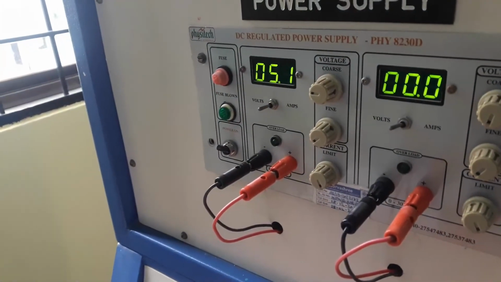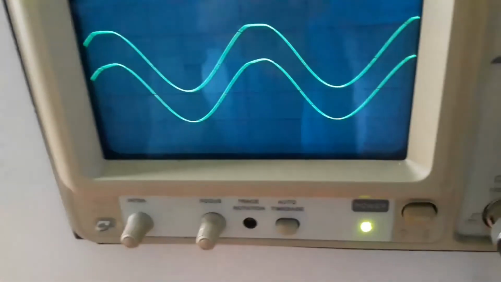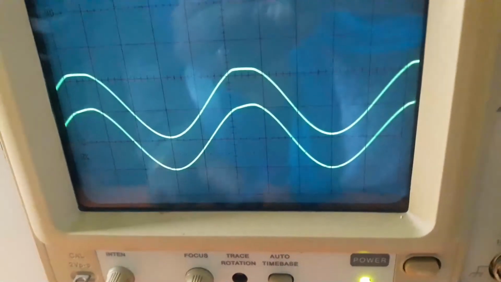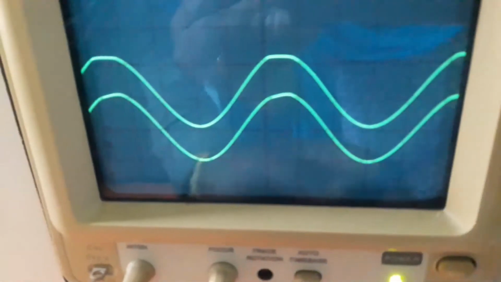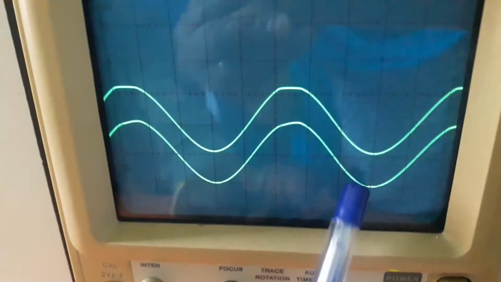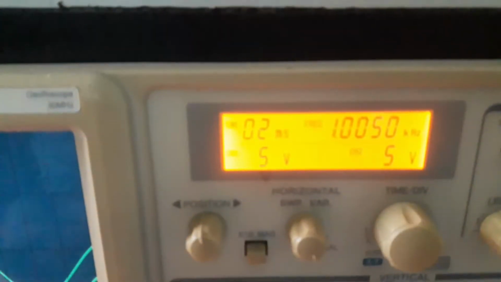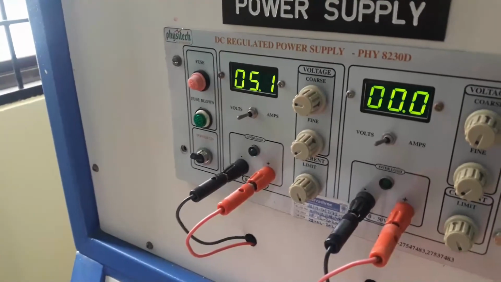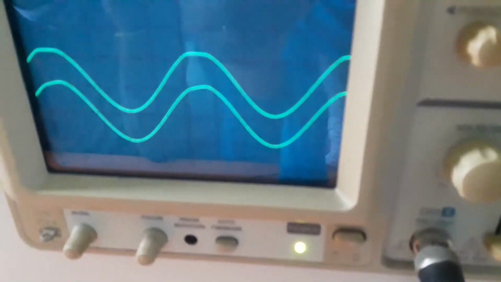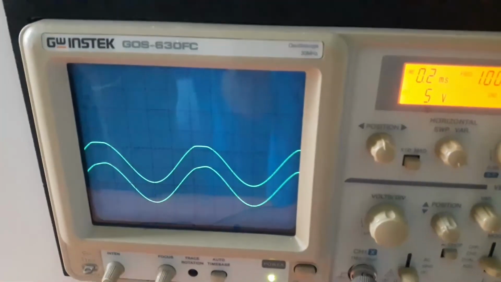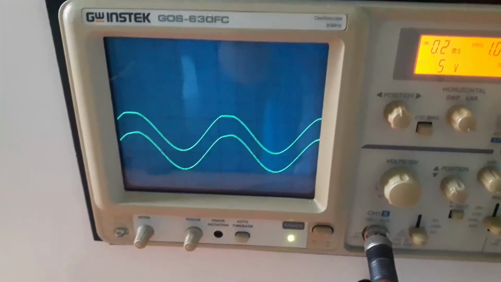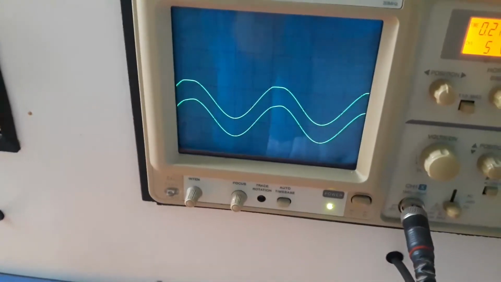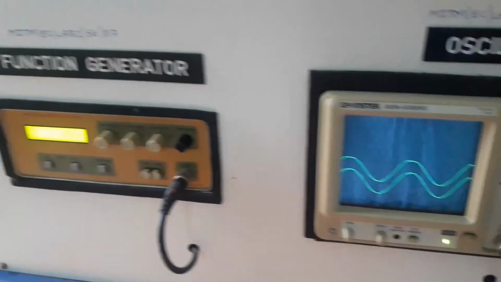See, 5 volts we have increased in the DC power supply. Look at this. You are having one division. So from here to here, input to output, you have one division. That one division into 5 volts is equal to 5 volts. That means 5 volts you applied as the DC input. Sorry, DC input. If you have increased 5 volts, you will get 5 volts clamped output. This is the way of doing the clamping, negative clamping or positive peak clamping.